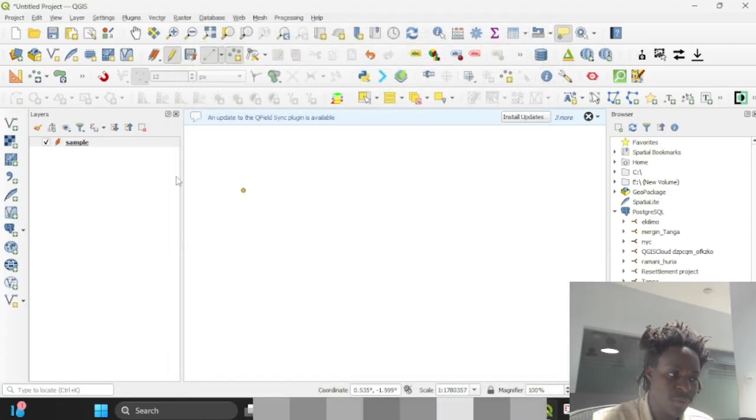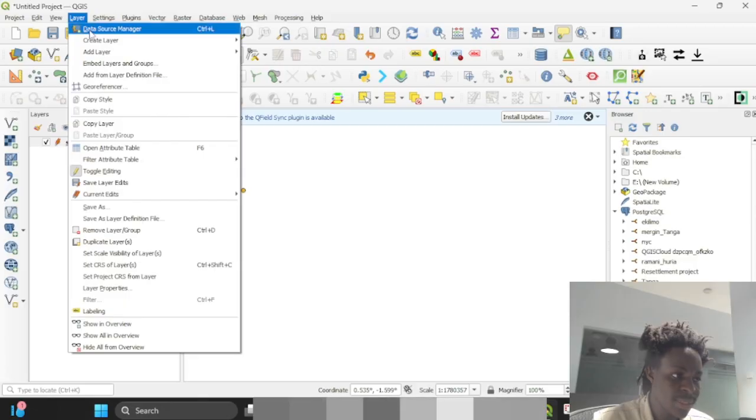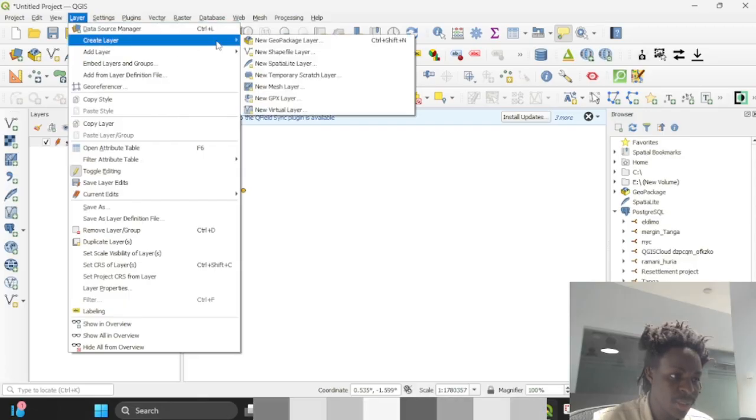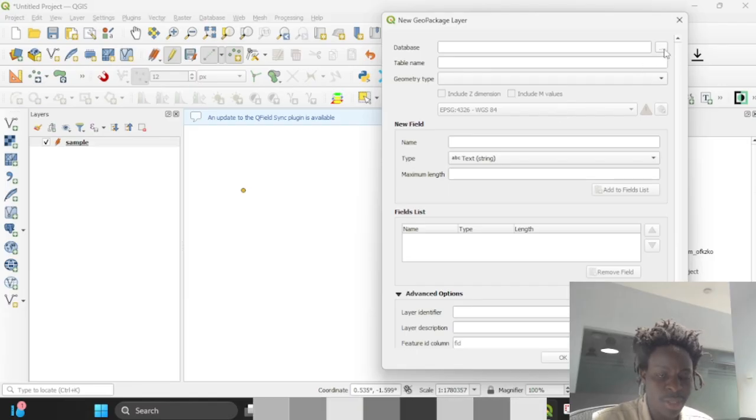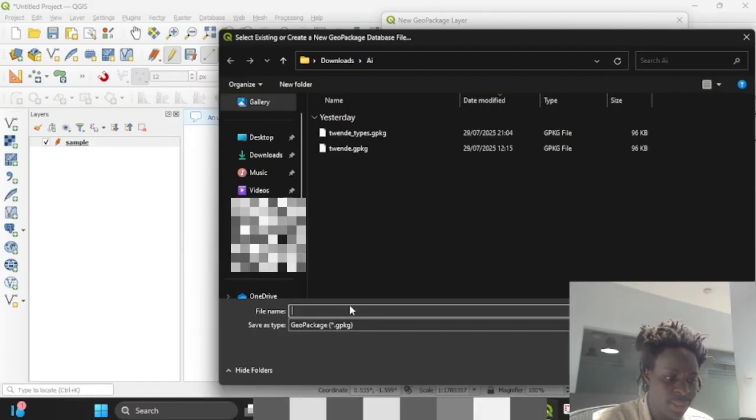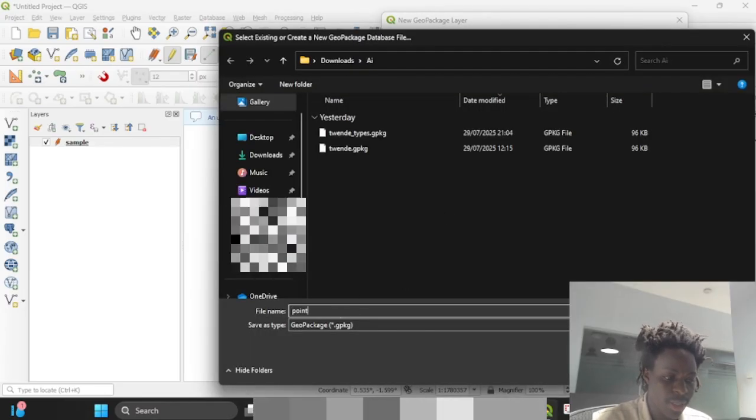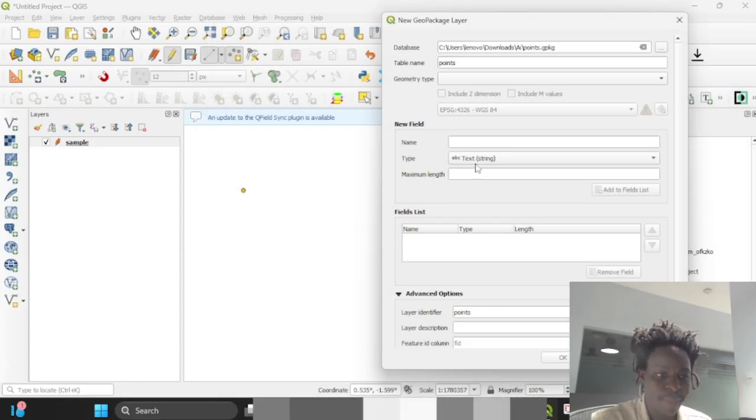I'm going to create my new layer. I go to the layers and then I go to create a new layer. You follow the normal ways on how you create your layers. For instance, I call it points and then I save. And then for instance, the one for my categories,